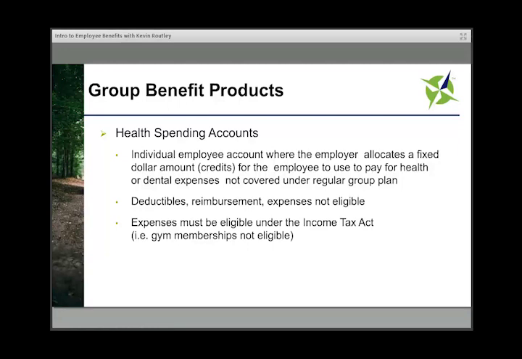Now, healthcare spending accounts with some advisors have become a new item to replace an employee benefit program. What you need to understand as an employer is if you have a healthcare spending account, it's a defined amount of dollars or a defined contribution. Once the employee has spent their amount, they're out of money. Where a group insurance program, as we spoke to you before, is the spreading of risk. Many times, the maximums are higher or unlimited for many healthcare services.